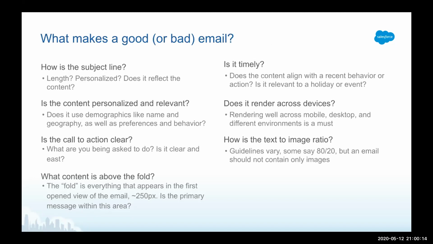And if you think about it, when you do the AMP script, it's pulling in a lot of the personalization fields, right? When you're setting up the email, you have to decide if you're going to do an A/B test. You have to decide what time the email is going out. You want to make sure that the email renders across the devices. When you're sending a test to yourself, now's the perfect time. Even if you're not the one that built the email, but if you're the one that's sending it, you want to make sure that you're still looking at the email from top to bottom and making sure that there's a text to image ratio.